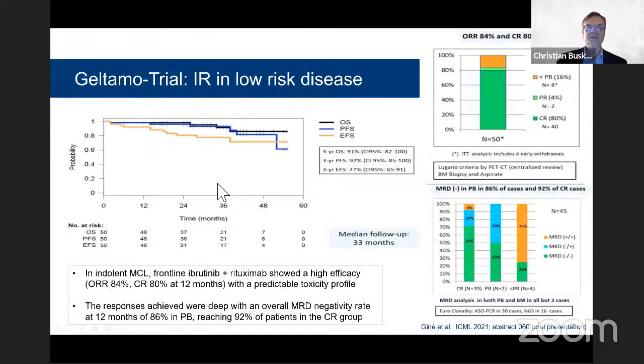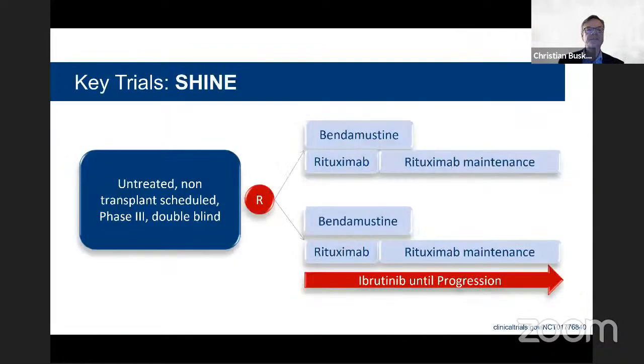So this is, again, the same study. We can focus now here on the response rate, which was not shown in the former slide. Complete remissions, 80%. It's really great. Over 80% overall response. And you see here the MRD negativity in patients who achieved complete remission, and remember, these were 80%. The majority of patients receive complete remissions. And from these patients receiving complete remissions, 70% become MRD negative. And this is not venetoclax, this is ibrutinib, so a drug which is known not to be so powerful in eradicating disease. So these are very nice ideas for the low risk